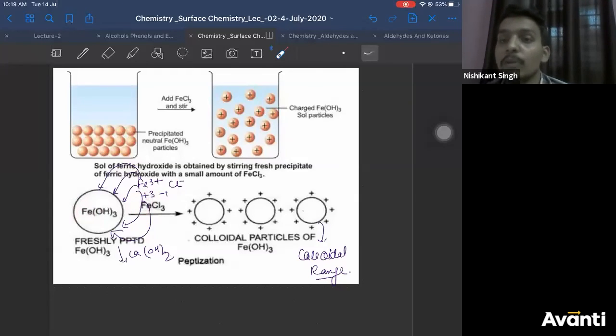So Ravi Kiran, if there is not a common ion, then also peptization will take place, but little slowly. That's the only difference. You can use magnesium hydroxide also. If there is no common ion, then also peptization will take place. It will happen slowly. That's the only difference, Danush. Just like common ion effect, you can say that, Veerbhadra.